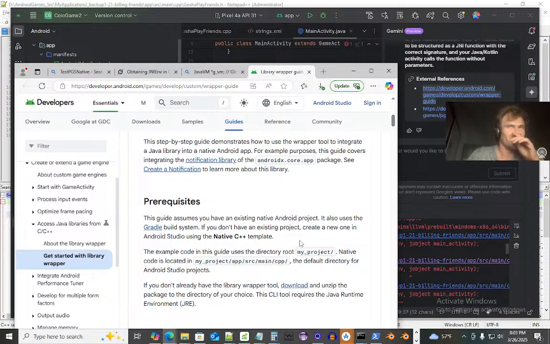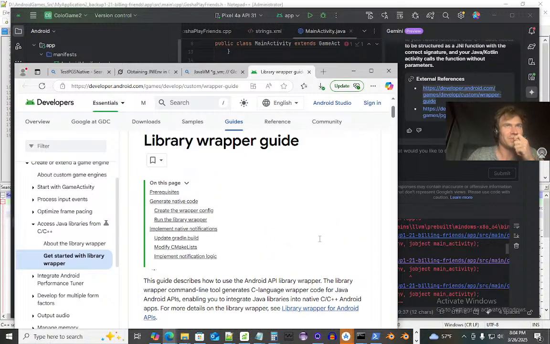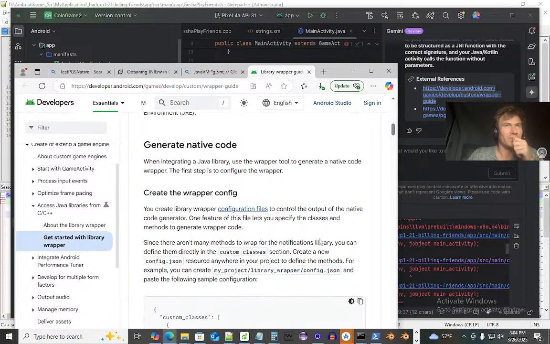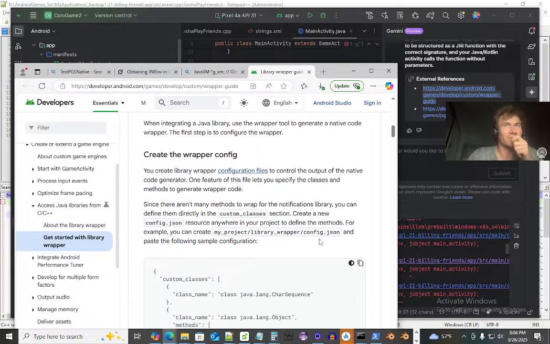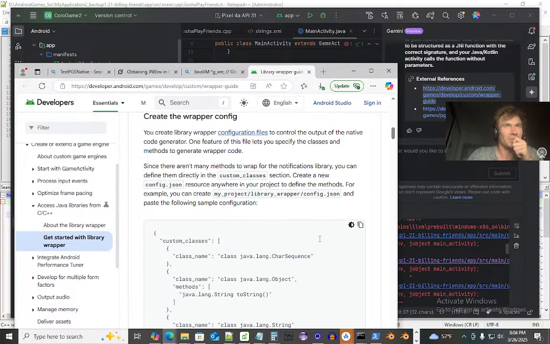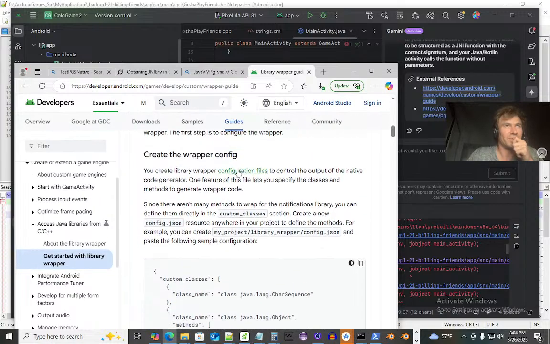If you don't have an existing project, you create a new one in Android Studio using the native C++ template. Okay. Generate native code. When integrating a Java library, use the wrapper tool to generate native code wrapper. First step is to configure the wrapper. You create wrapper configuration files to control the output native code generator, and the feature lets you specify classes and methods